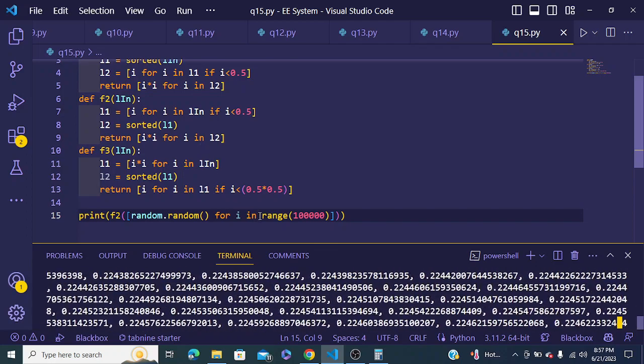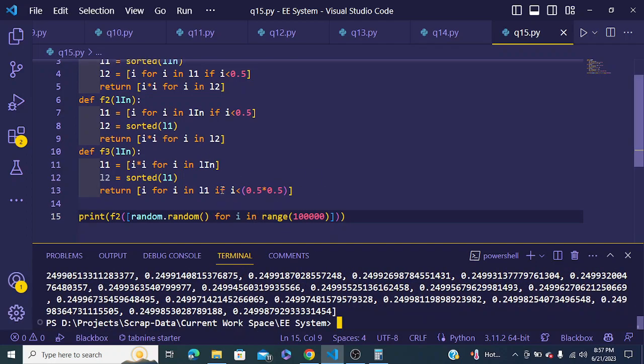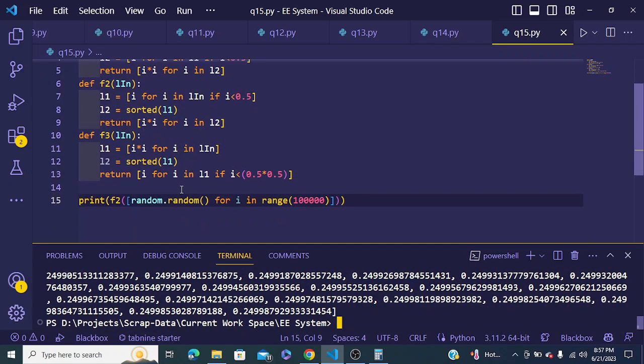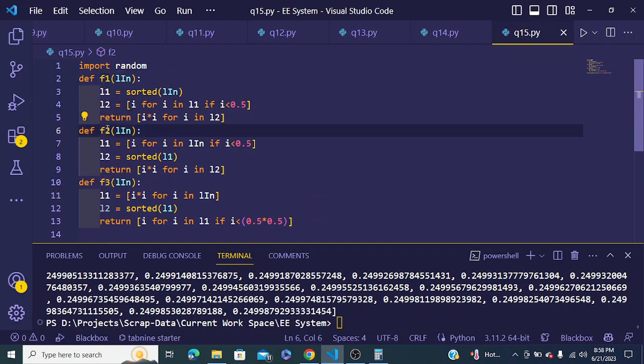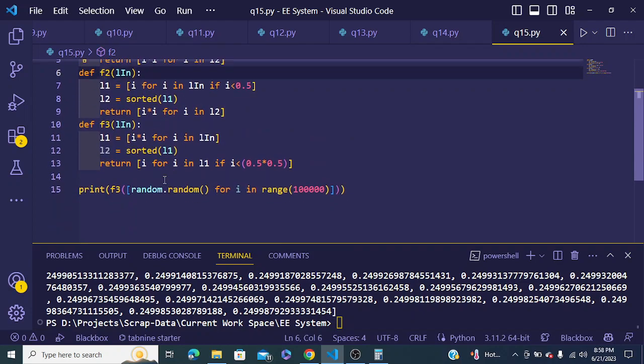This function basically each time returns us a random value. Like if we pass this value to f3, these are three functions. This is f1, f3, f2, and f1, f1, f2, f3. These are functions, and we pass this